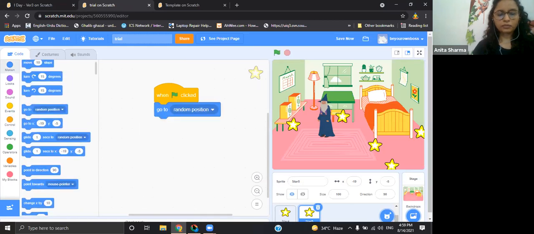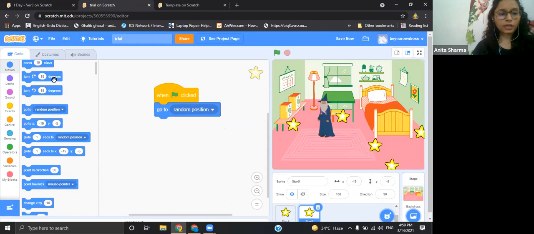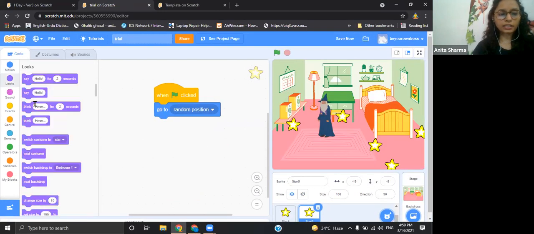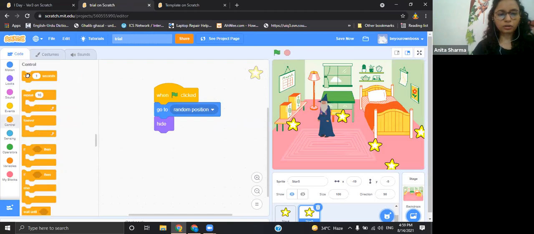And then what should happen? This should be hiding, so that there will be suspense, a surprise. After some time, it will appear. So it will be hiding initially. For how long?